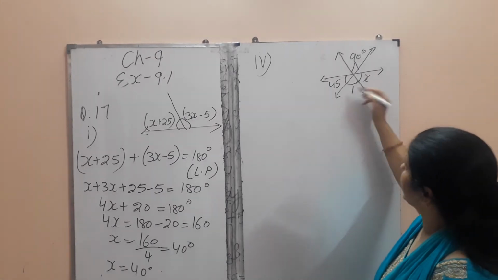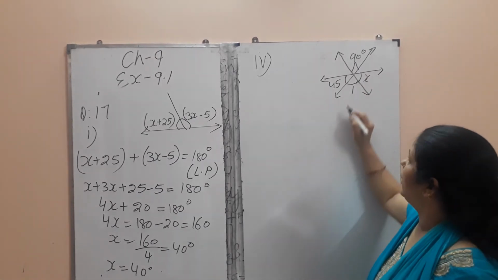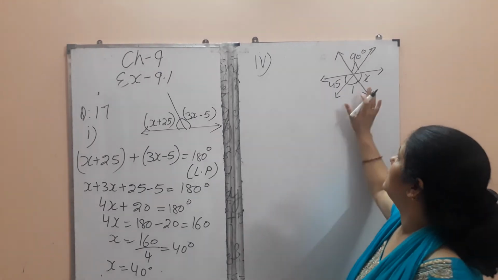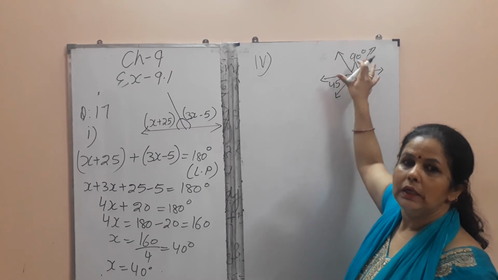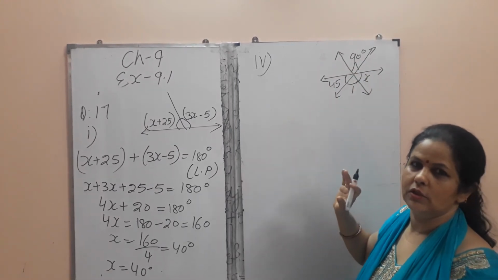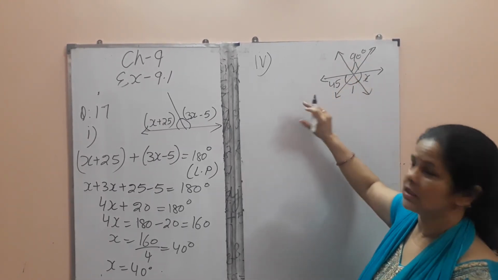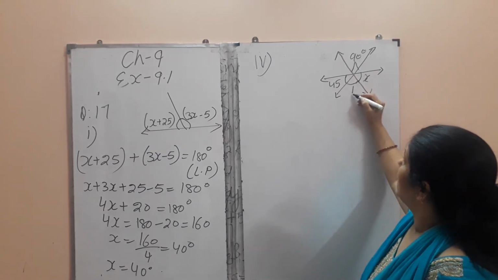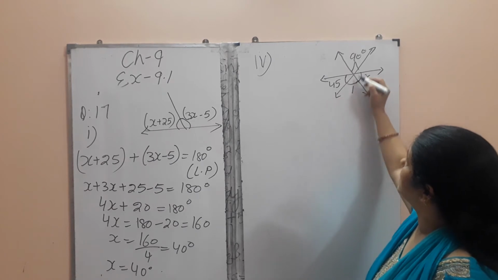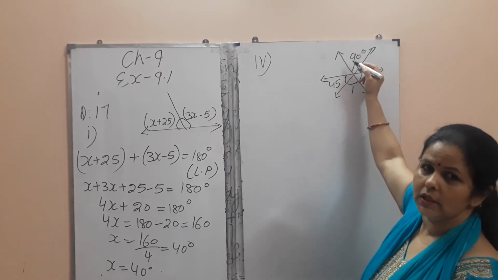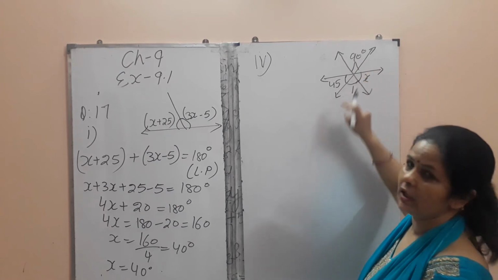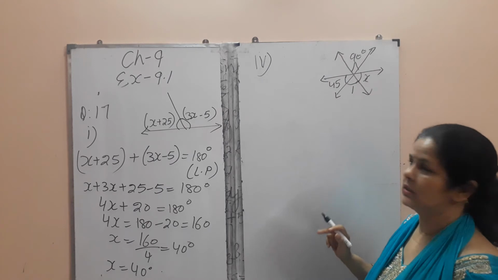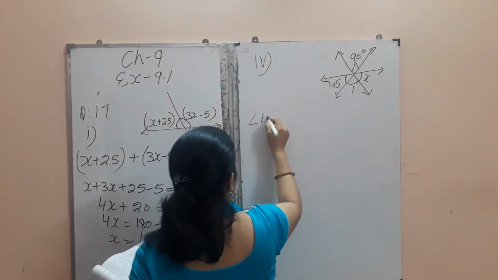In this only one angle is missing, and its number is also not given. So we will write angle 1 for this. When we give any name to an angle ourselves, it is compulsory to draw the diagram in your answer sheet. So we will draw this diagram in your answer sheet because we are giving our own name to the angle. So this is 1. And this angle 1 is equal to angle 90. Why? Because they are vertically opposite angles. This is a cross and these two angles are opposite angles. So angle 1 equals 90 degrees,